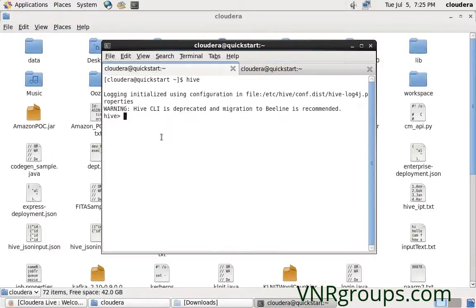I'll just go to Hive. So create table, and I'll give the table name as, for example, Hive demo. I'll give its columns: I have ID, which is an integer, and I have name.